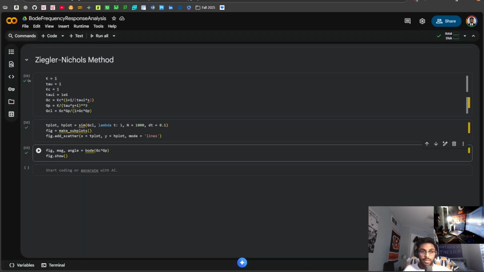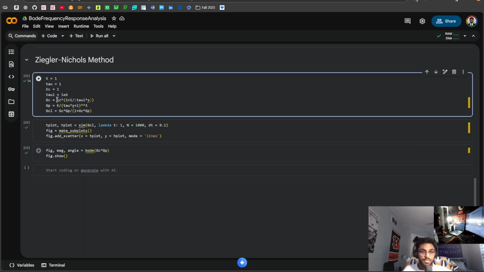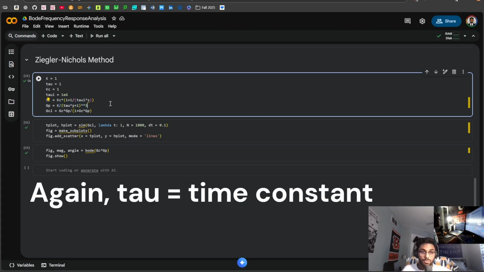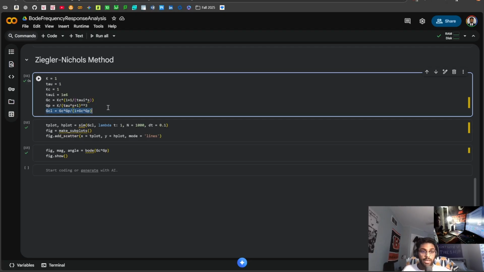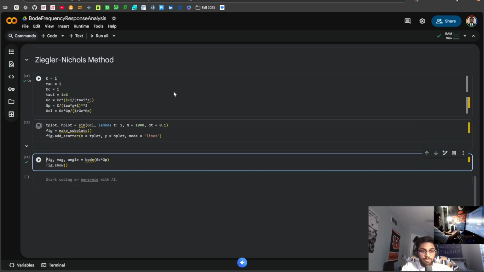And what I have done is I've actually already coded this in. So you see here is the G for our controller, that 1 plus 1 over tau I s. So tau I is that reset time that we talked about. We have the G for the process. So that's our process gain over tau s plus 1 to the third for a third order transfer function. And then just what we had derived is that G for the closed loop. So if I go ahead and run this right now,